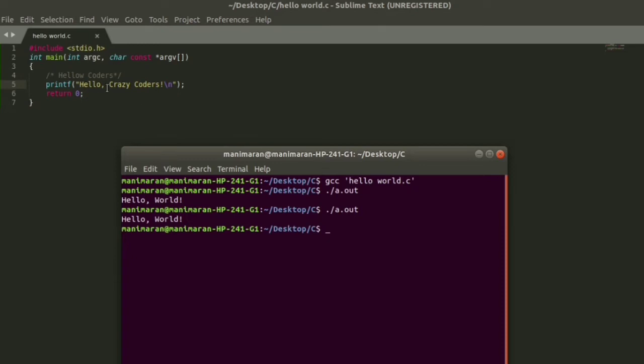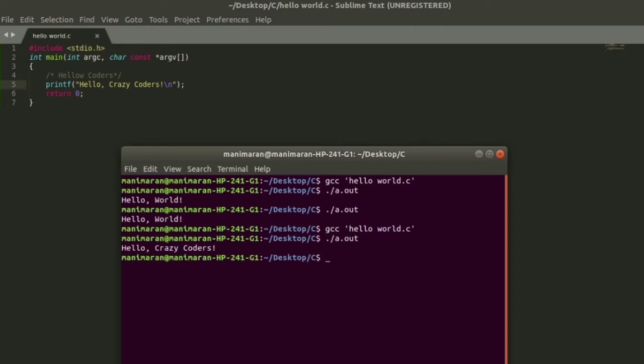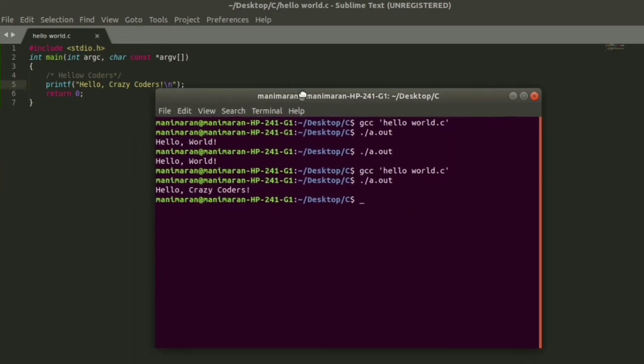In order to keep these changes in the a.out file as well, we need to compile the source code again. So we compile helloworld.c and then execute the a.out file. Fine. This time it returns hello crazy coders, as we saved the changes before.